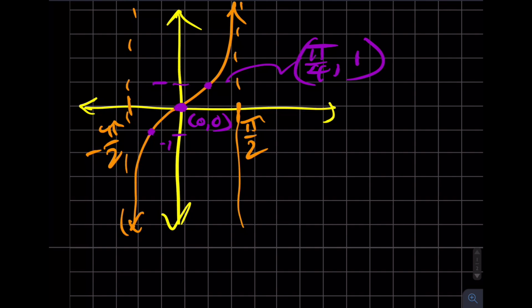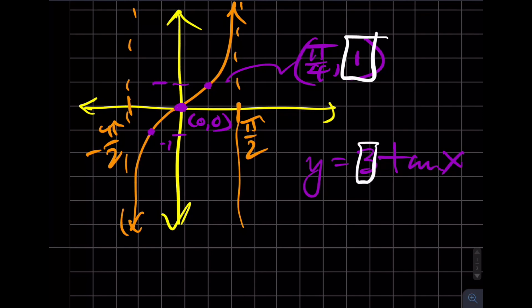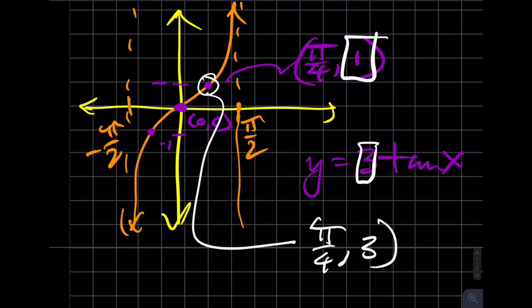But if I had y equals 3 tangent x, then instead of this value that I'm boxing with white, instead of this value being 1, it would be 3 times that 1. So your anchor point, this guy, would end up being at pi over 4, 3. Because we're just multiplying every single one of these orange points by the value of 3. So hopefully that's helpful with regard to amplitude. Remember, a negative amplitude will reflect about the x-axis,